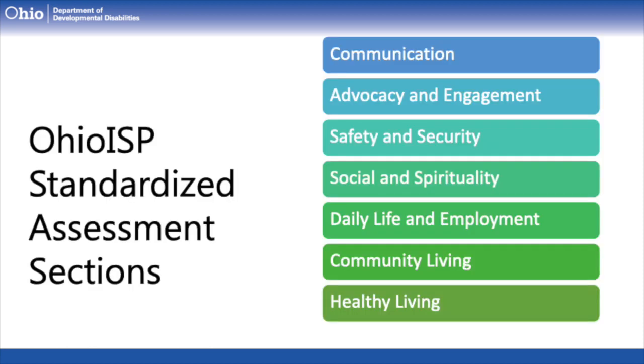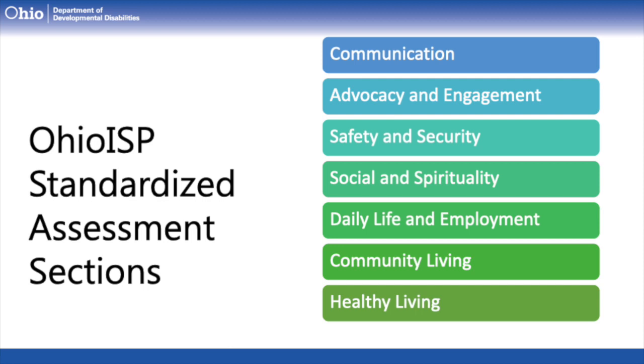The OhioISP aligns with the Charting the Life course terminology. For those who might be unfamiliar, Charting the Life course has been supported by DoDD since 2017 because it teaches the tools that people need to support folks at any age or stage of life. To develop a vision for a good life, think about what they need to know, identify how to find or develop supports, and discover what it takes for the person to live the life they want to live.